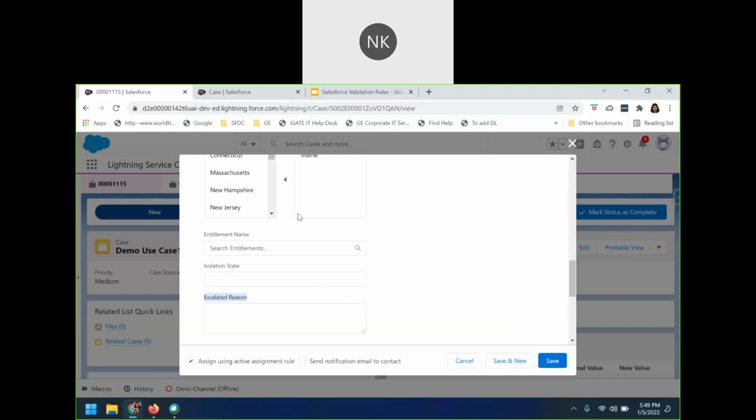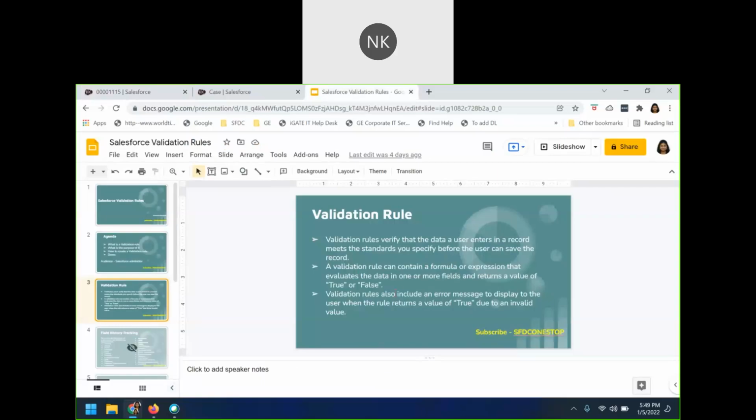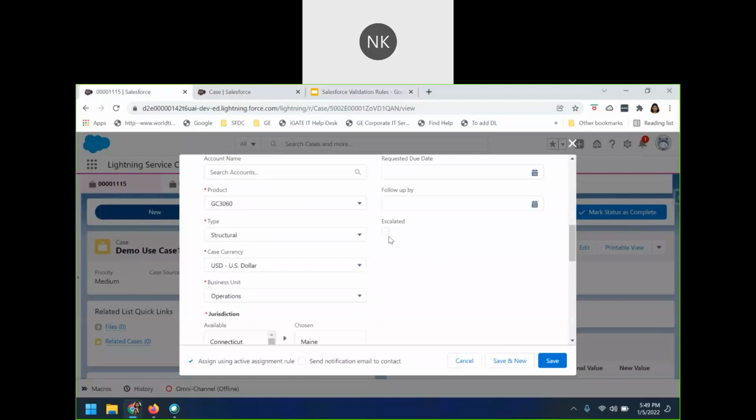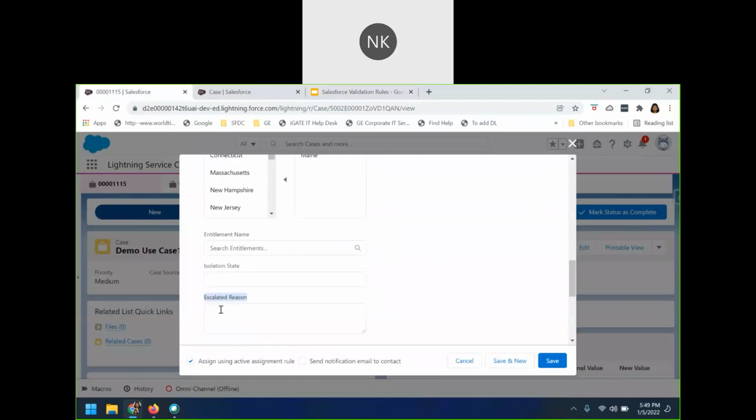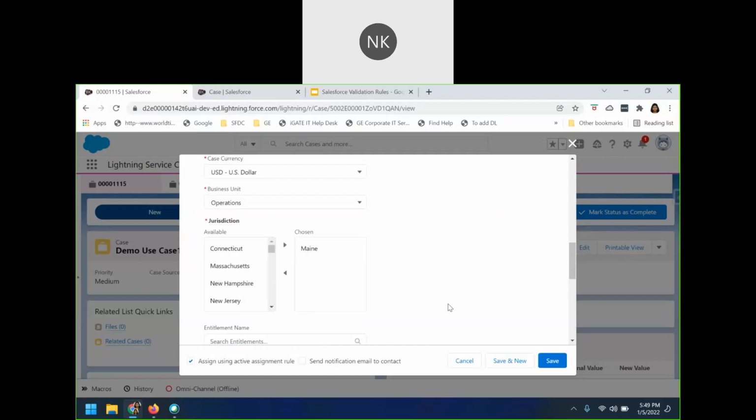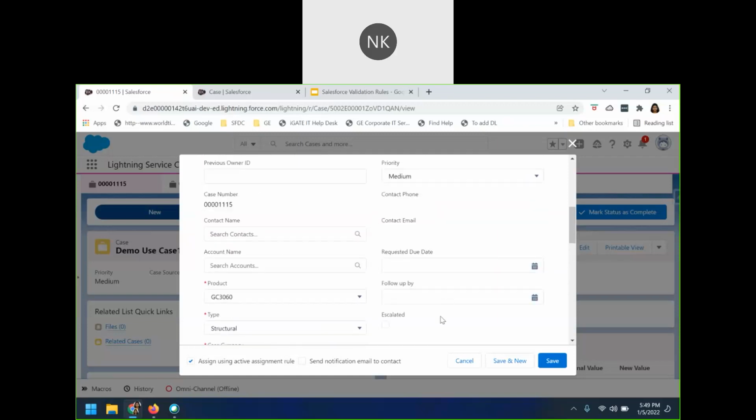That is what the definition says: validation rules verify that the data the user enters matches a criteria before the user can save the record. Here the criteria is that if the escalated checkbox is checked, the escalated reason also should be filled in. If it is not filled in, then the user will be displayed with an error message.